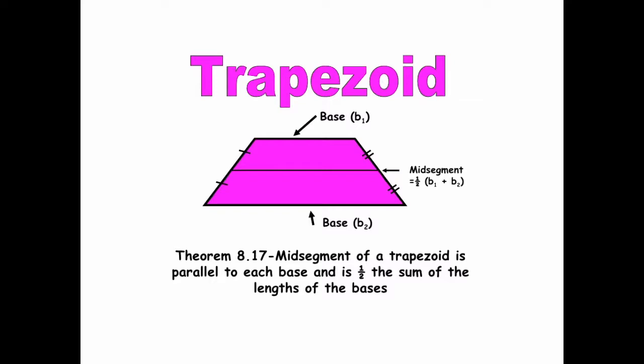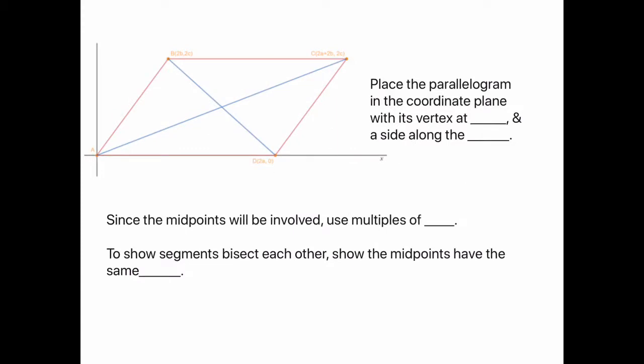To utilize this information, we're going to put a bunch of trapezoids in coordinate planes. So these questions come from your assignments for this lesson. So this question here has given us a parallelogram, and they are asking us to determine whether or not the diagonals bisect each other. So to begin with, they want us to place the parallelogram in a coordinate plane,